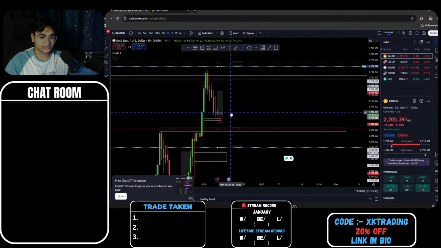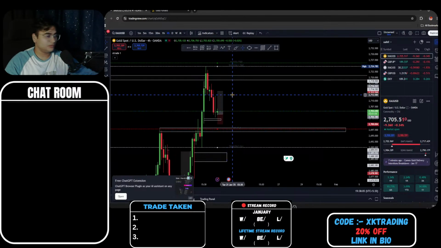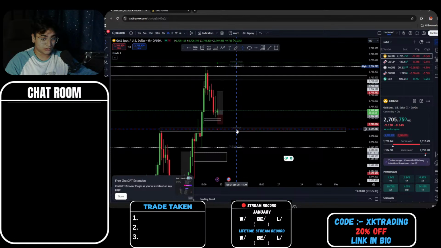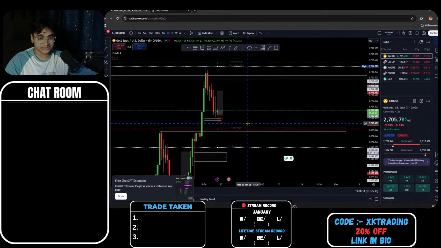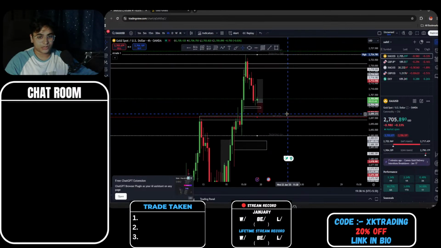All right, either it will first take out the wick and then move down. But if it does that, then we'll make less profit. But if it takes out the wick and then flips bullish, then we'll make more profit, because I'll be adding other positions at around 26700 or so. That's what I'm thinking, to be honest.